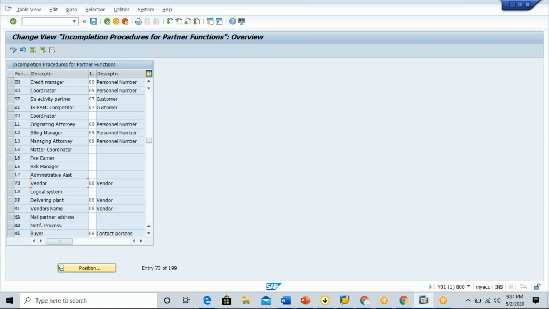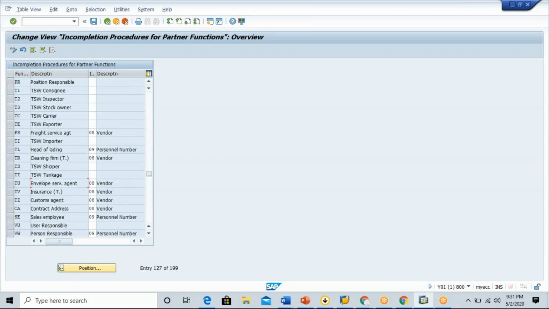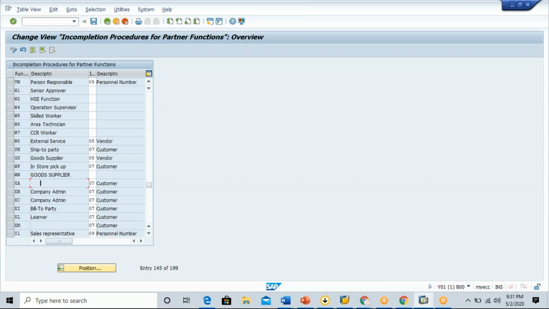You can create a new incompletion process, bring it here, and assign it to this partner function. Understood, Vivek? Yes, Venkat. Okay, so like this, we have all the partner functions, and if you want a special mechanism for the ship-to party,